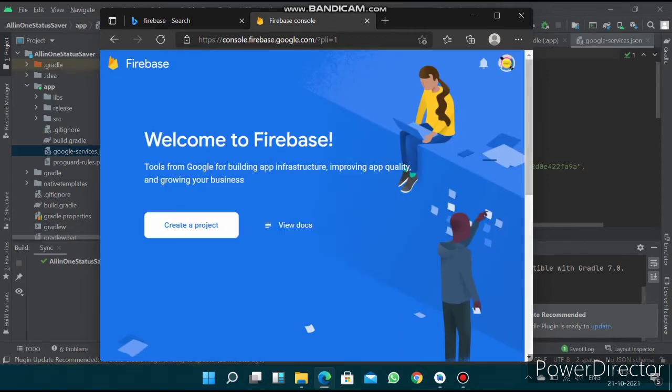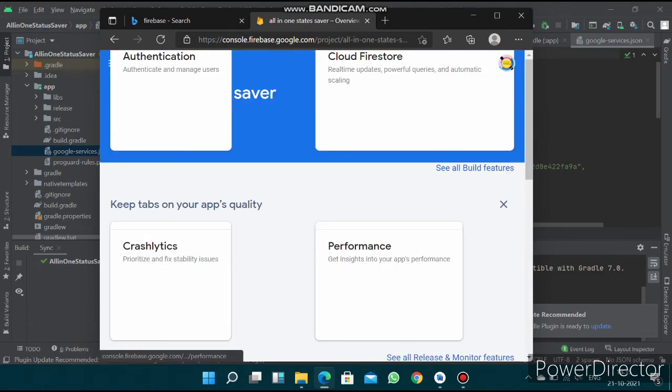Click on continue. And after that the home screen will open up.